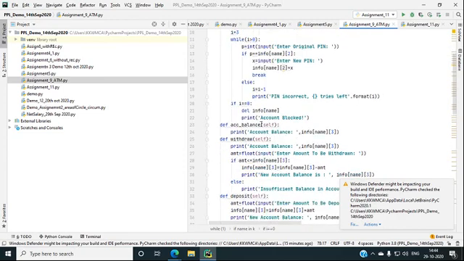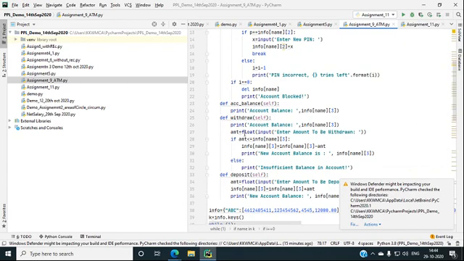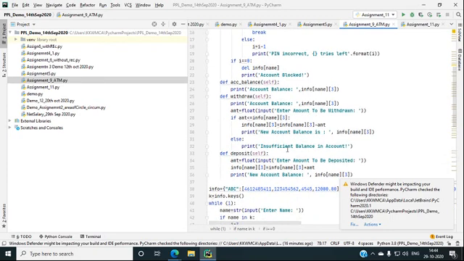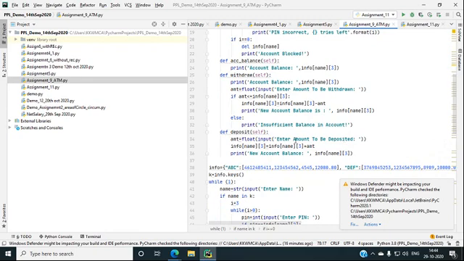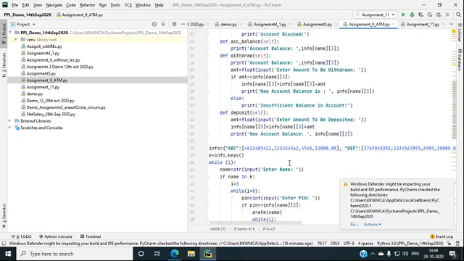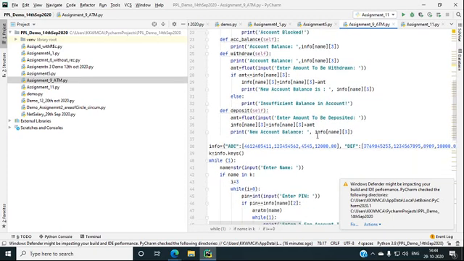Likewise, the next method is defined as the account balance method, which displays whatever balance you have. For withdraw, while withdrawing it will first print the balance of your account, and then it asks how much amount you want to withdraw. Accordingly it will check it, subtract that amount from your final account, and print the new account balance. For deposit, it will ask how much amount you want to deposit, and it will add that into your final account amount. Accordingly it will again print the new account balance.